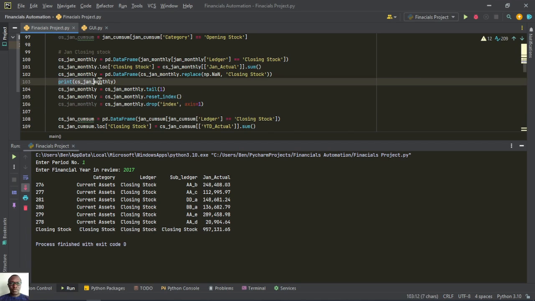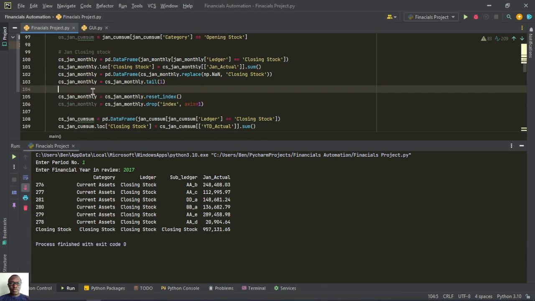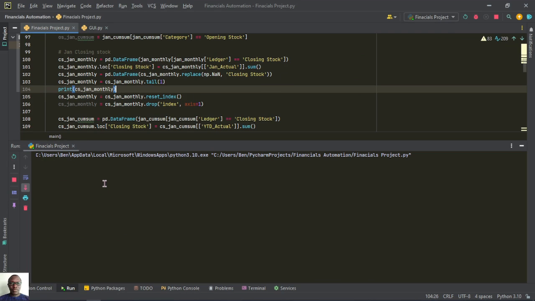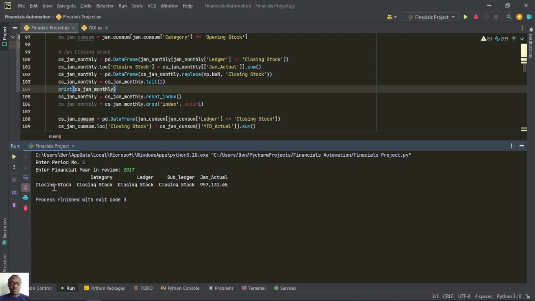So down here, let me try. Let me do away with this one. I can cut, then I'll put it down here. So now when I print, you'll see what we have as a variable for closing stock January monthly. So period is 1, then the year is 2017. Now you can see that we've only picked the last row of the closing stock. So this is the value that we want to use when we are calculating our income statement. So we are just picking this value as closing stock. The same applies when we are generating our balance sheet. We'll only be picking this last row, and that is a value of the summation of the closing stock